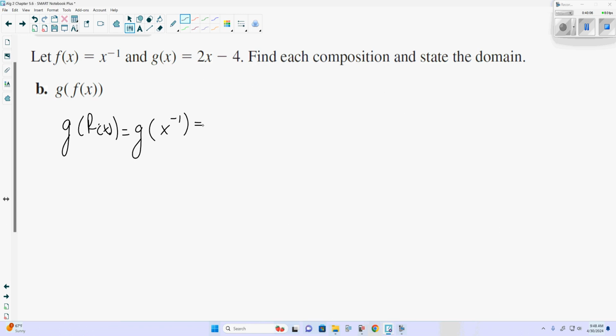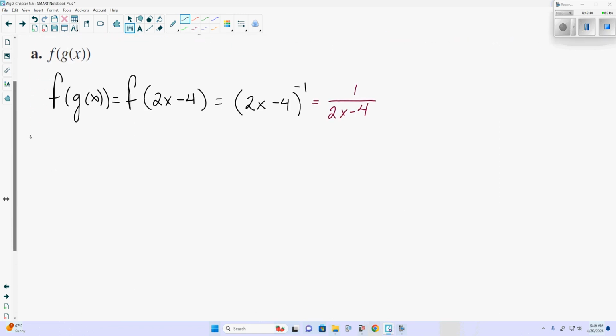So now we're going to replace every x in g of x with x to the negative 1, yes? So we'll still have the 2 from g of x. But instead of x, we have x to the negative 1 minus 4. Now, if this had been like the last one where we have x minus 4 to the negative 1 with the 2 in front, you'd leave it there. Because the 2 out front,